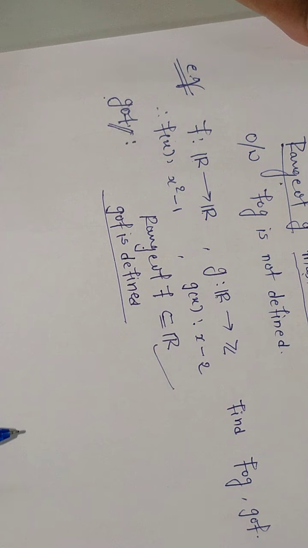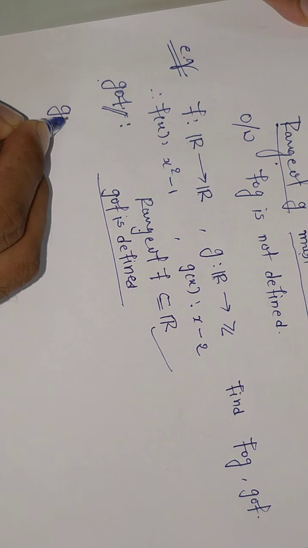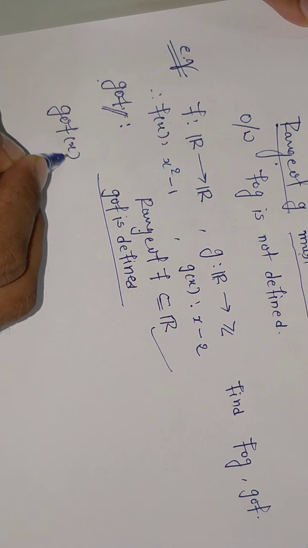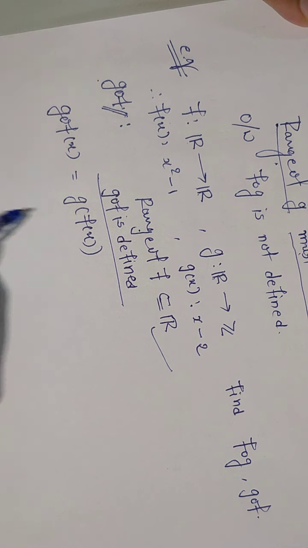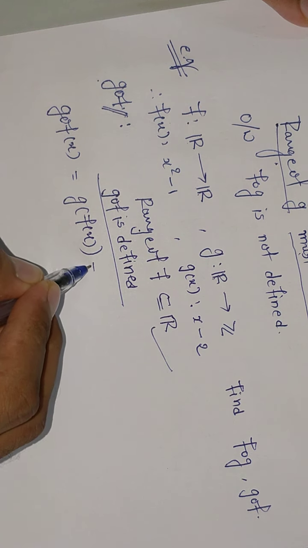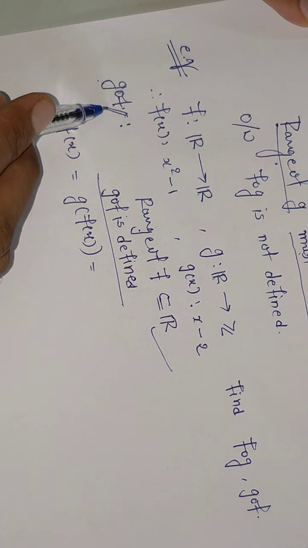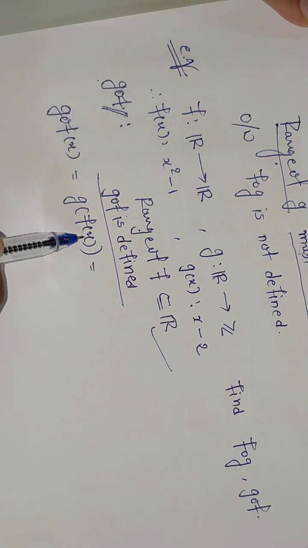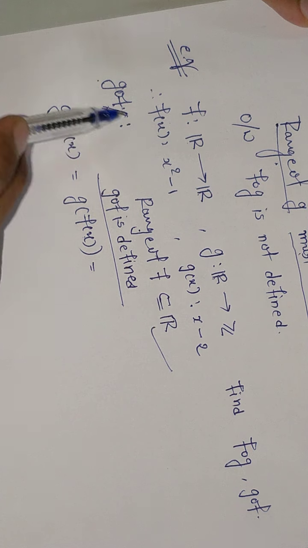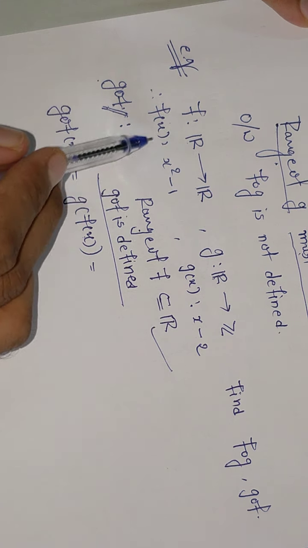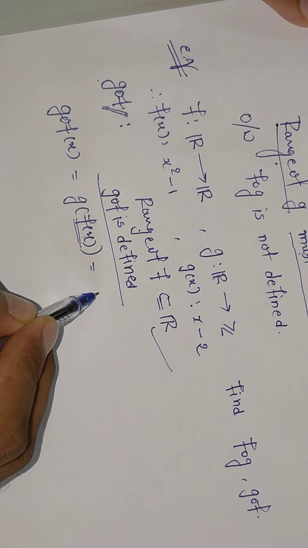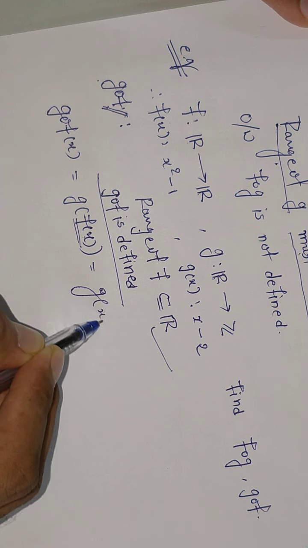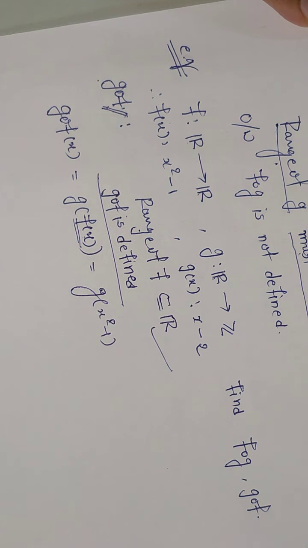Now how do we find the composition? g o f of x we write as g of f of x. Okay, now x we are taking from f, right? x we are taking from f. Now f of x is defined as x square minus 1, so I just have to replace f of x in g of f of x